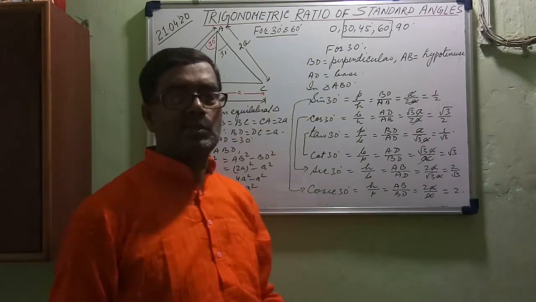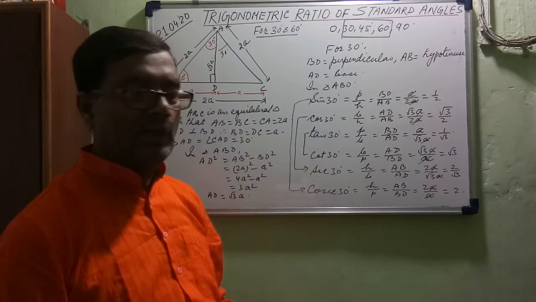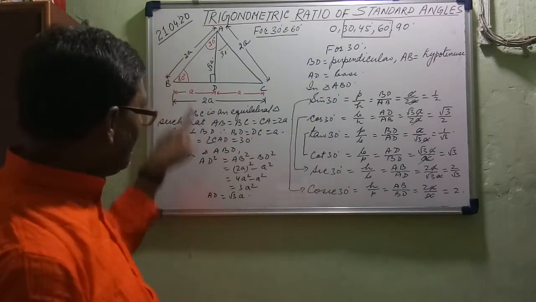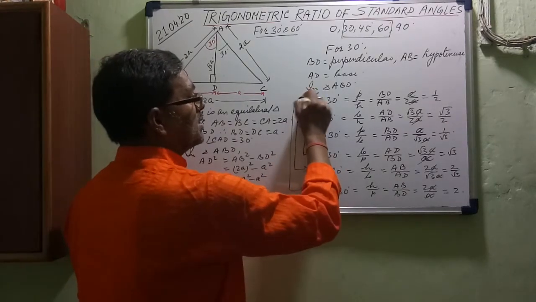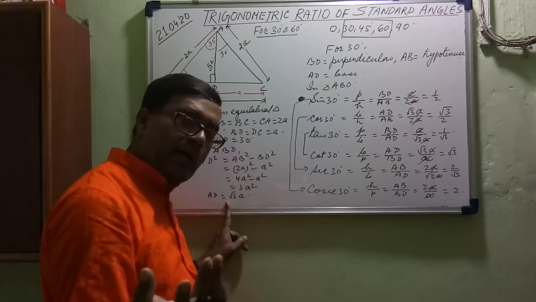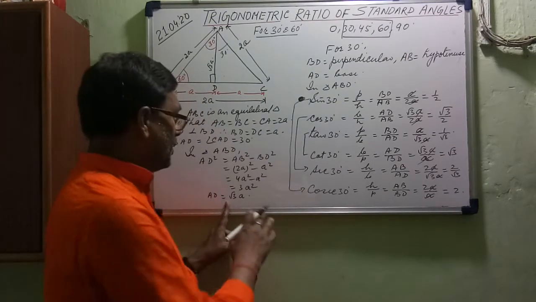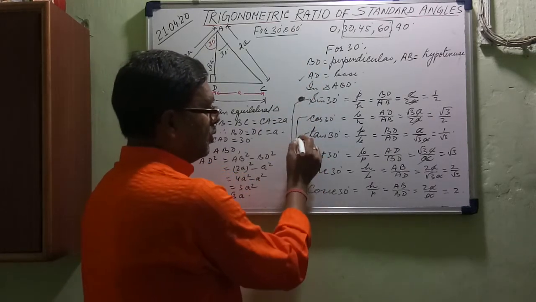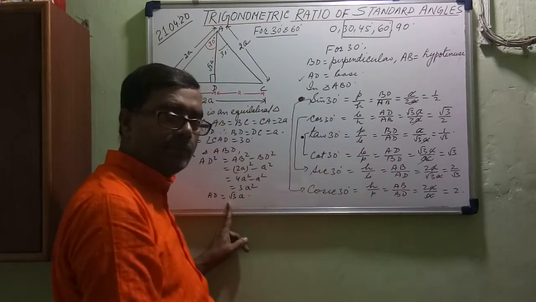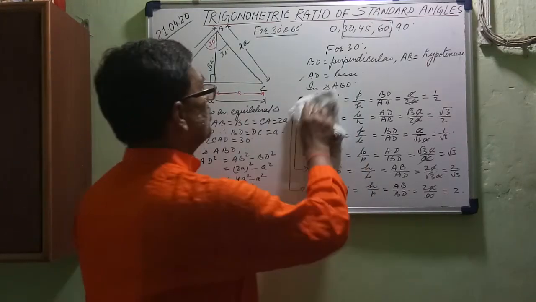Sometimes we may be asked, prove geometrically that sine 30 is equal to half. What will you do? Till here it is the same, and directly you can go to sine 30 degree. Suppose you are asked, prove that tan 30 degree is 1 by root 3. Till here it's okay, common work. Here also, and then you will take tan only and find it out. Similarly, we can find out the 60 degree also.